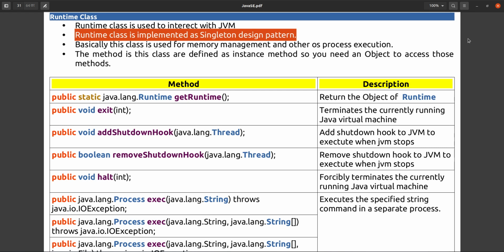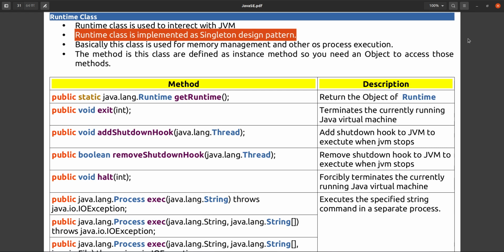You are restricting your class so that you cannot create multiple objects. Previously we created a Student class, and for that we can create any number of objects as per our requirement: 1, 2, 3, 100, 1000, 10,000, no issue.